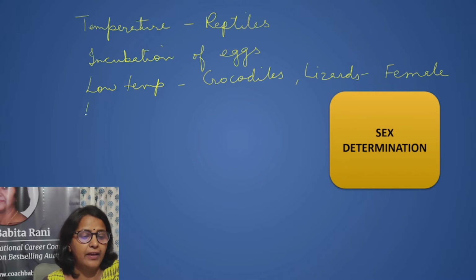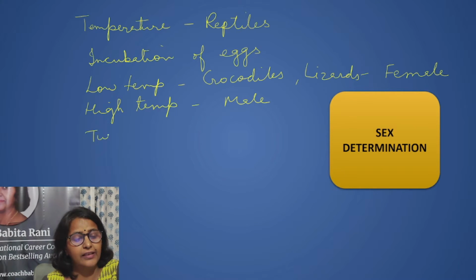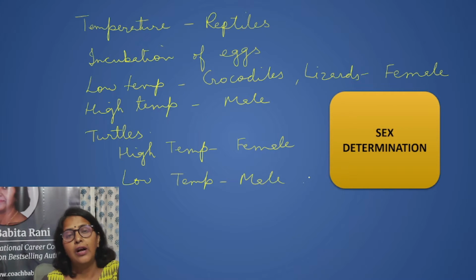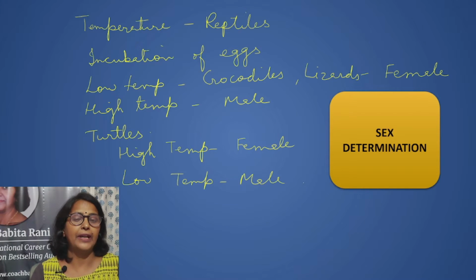The same egg, if it is incubated at high temperature, will result in a male. But in case of turtles, just the opposite happens. At high temperature, we have a female, and at low temperature, we have a male. So temperature also determines the sex of an individual in case of some reptiles, especially the crocodiles, lizards and the